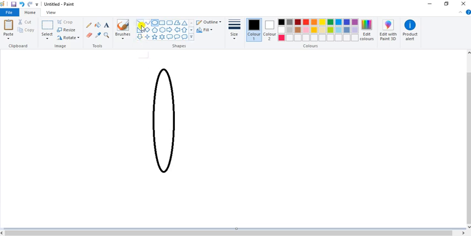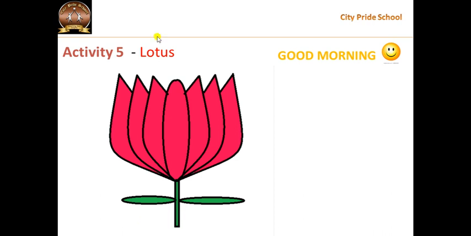Now afterward, select this line tool and draw a small line, slanting, little bit slanting. Okay, then see, if you observe here our lotus, this is a curve, correct, for these petals. This is a curve little bit, this is a slanting line little bit, and this is a curve. Okay, so to draw like this curve,